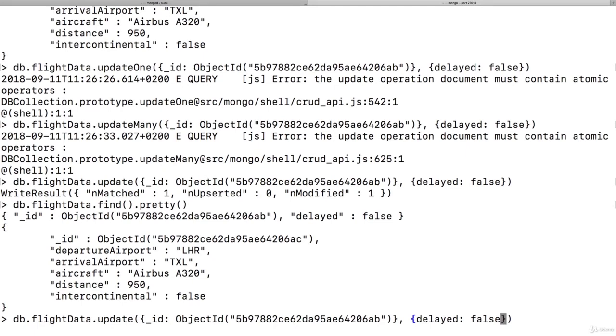It will only patch the existing object instead of replace it, like updateOne and updateMany do it, if you use the $set way. If you use it like this, you overwrite it. Maybe this is what you want, but it is something to be aware of. And in general, I recommend using updateOne and updateMany to avoid this issue. If you want to replace something, you should use a different method. On flight data, you should then use replaceOne. And there you again place your filter. So looking for _id equal to our object ID. And then you add the element you want to replace it with as a second value.